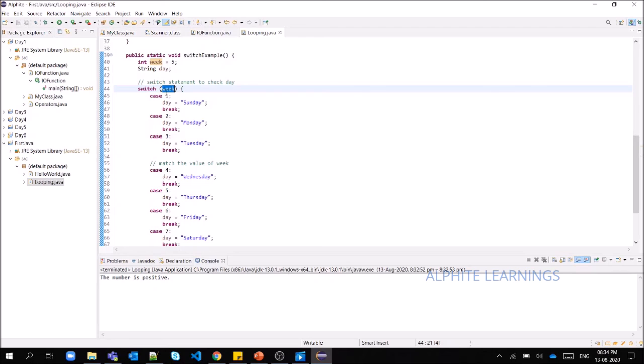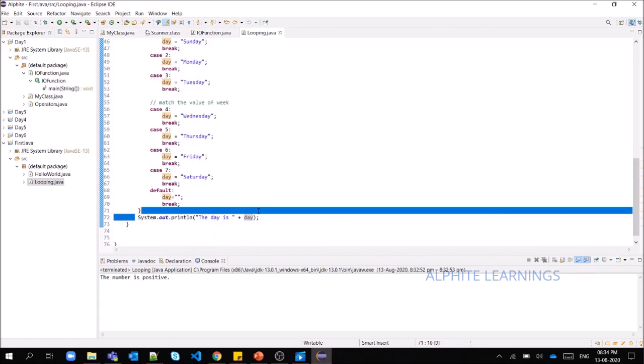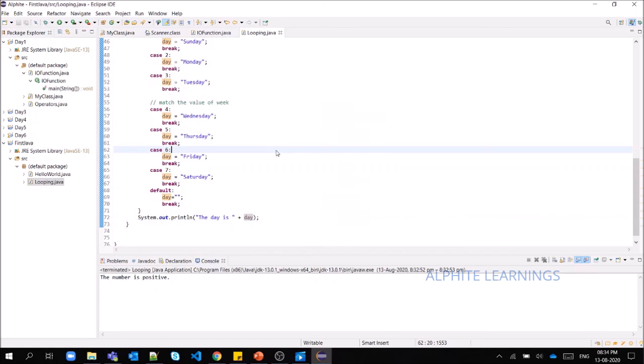So case 1: if the value passed here is 1 and the case is equal, if both are equal, then the value of day will be assigned Sunday. Since I'm passing 5 here, the condition will be true in case 5, and the day value will be assigned Thursday, and then we will print. Let us see what we get.